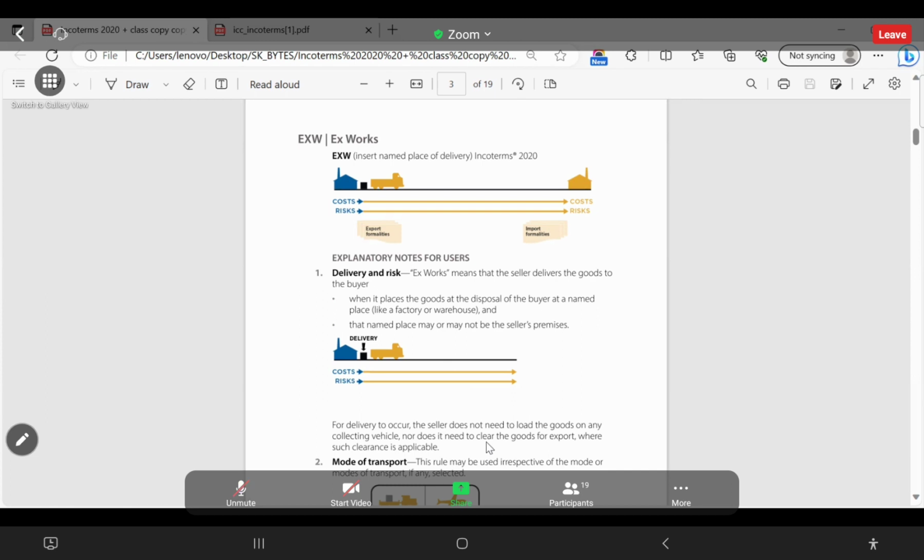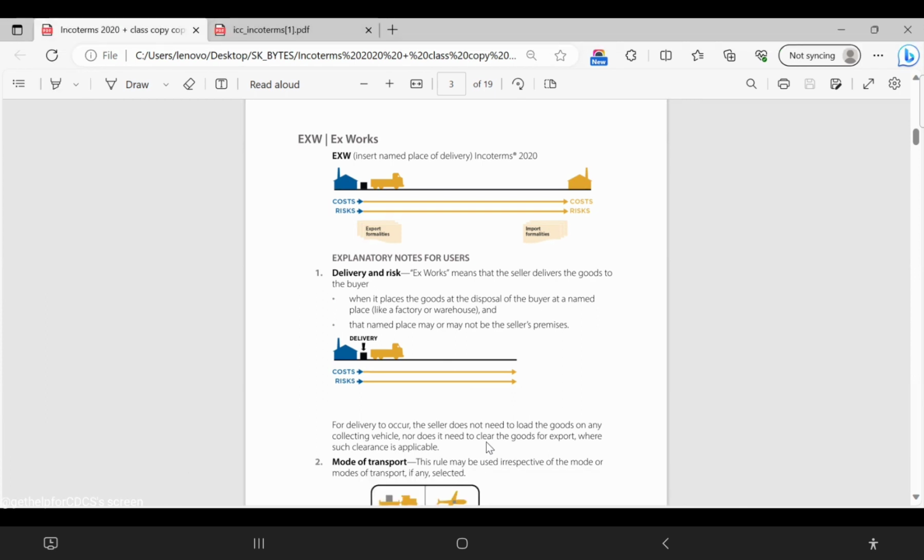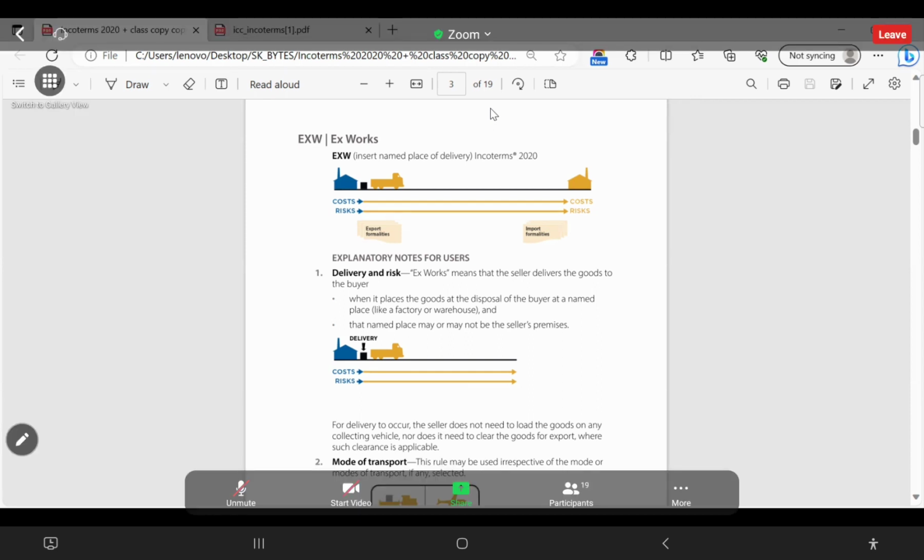One more point of information I wanted to add. When you see some packaging, like some biscuits or cookies, you must have seen export packing, right? Export packing and normal packing, like Parle-G biscuits or Little Hearts export packing. Export packing is sometimes a requirement, for example when the goods have a longer shelf period. If the Incoterm is Ex Works, export packing is also not necessary. This is one additional piece of information you'll have to remember.